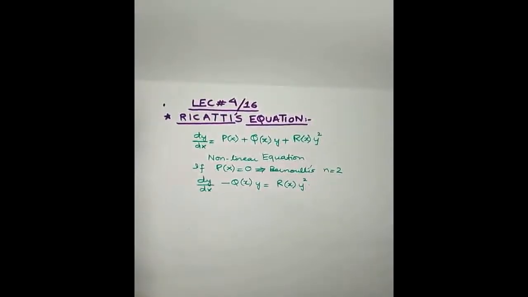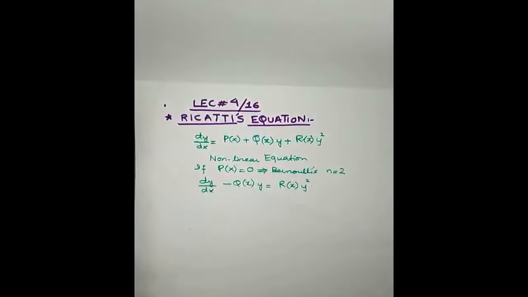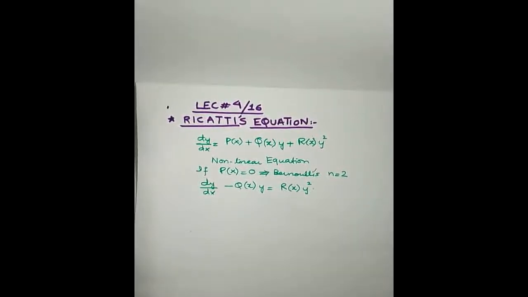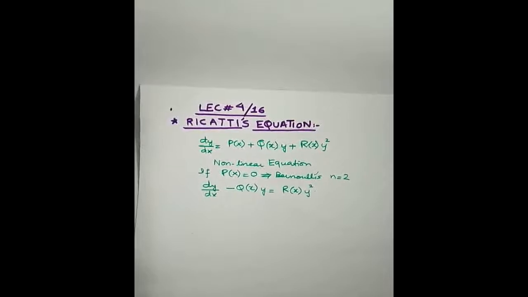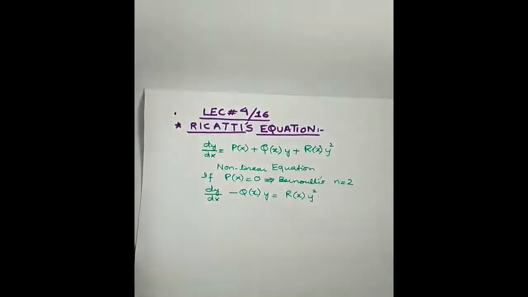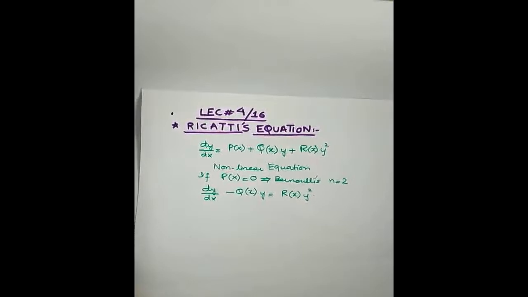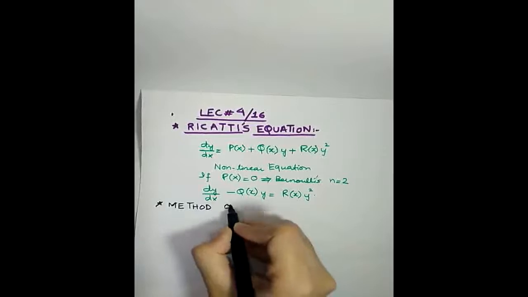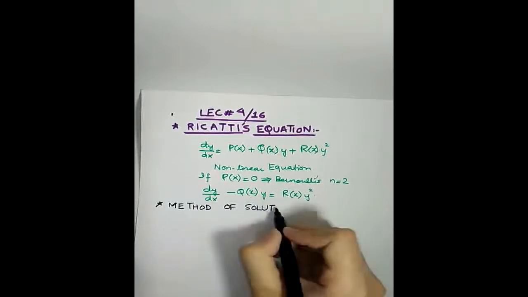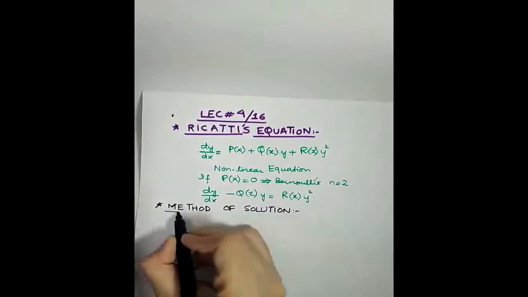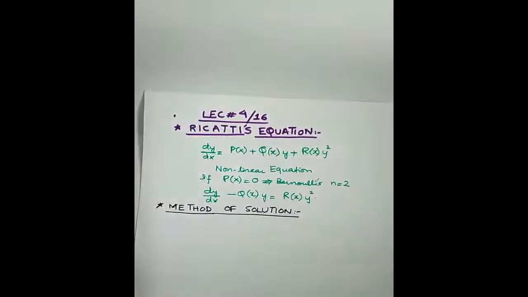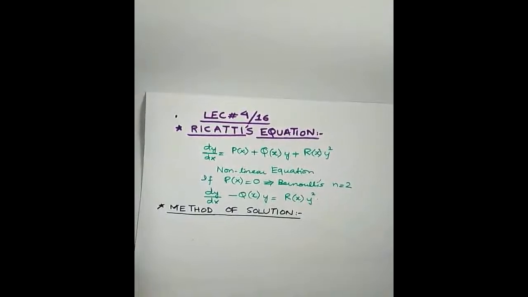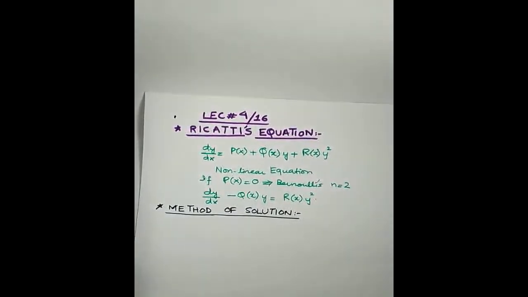Now how the Riccati's equation is derived and what is the solution, how the examples of the Riccati's equation of specific values, specific n, are solved. So first of all, to solve this equation, the method of solution: remember that Riccati's equation has only one assumption, and with only one assumption we do the whole solution,